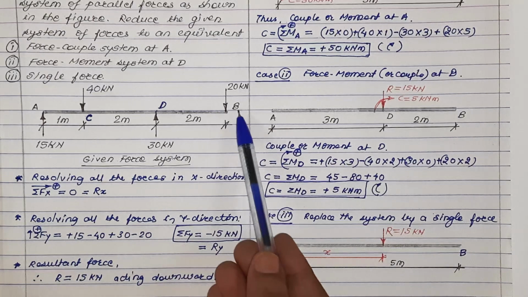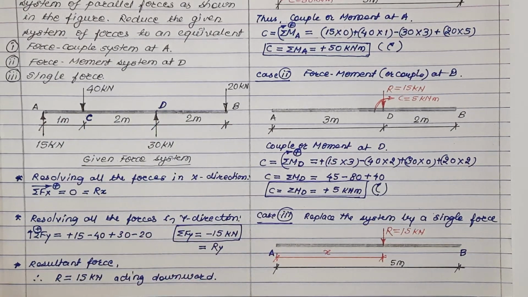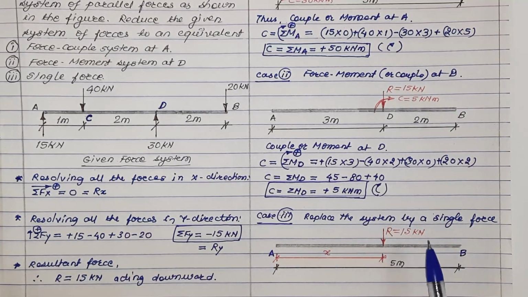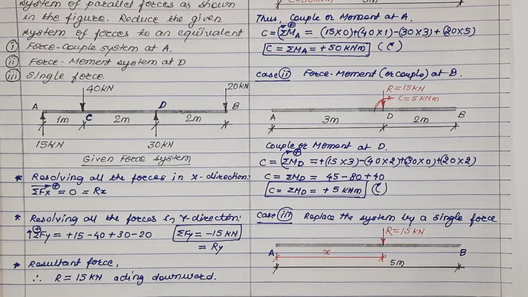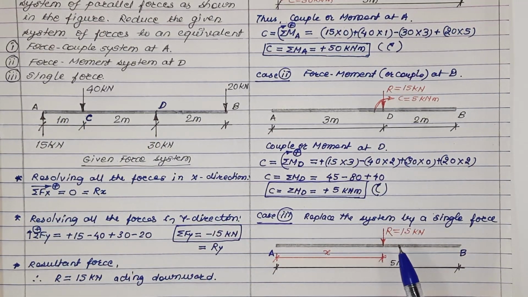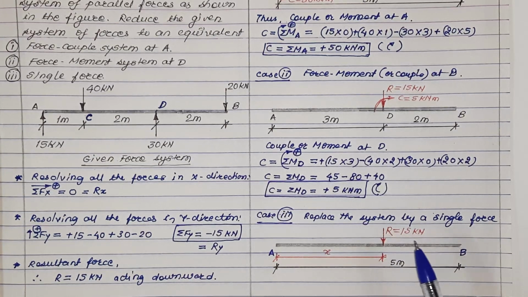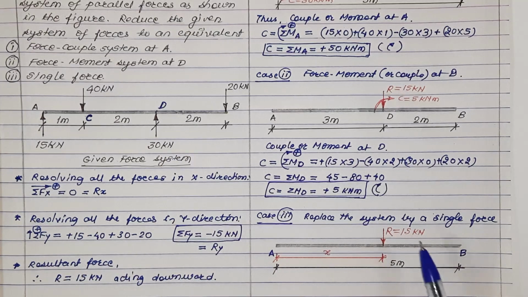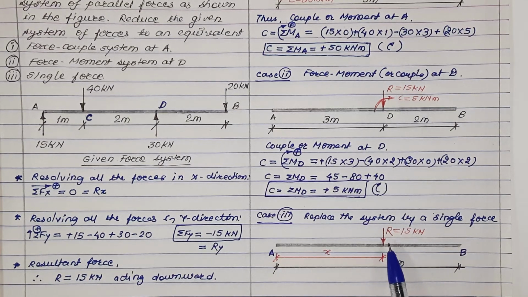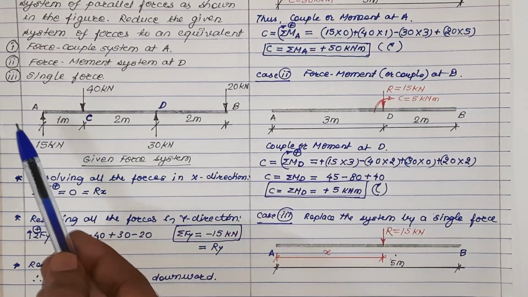We want to replace these four forces by a single force. There should not be any moment, right? Hence, which can be the single force? A single force can only be the resultant of these four forces. But the question comes, where to place this resultant force so that the effect produced by these four forces and the effect produced by the resultant force will be the same? Then and then we can say that this force will be equivalent to these four forces.